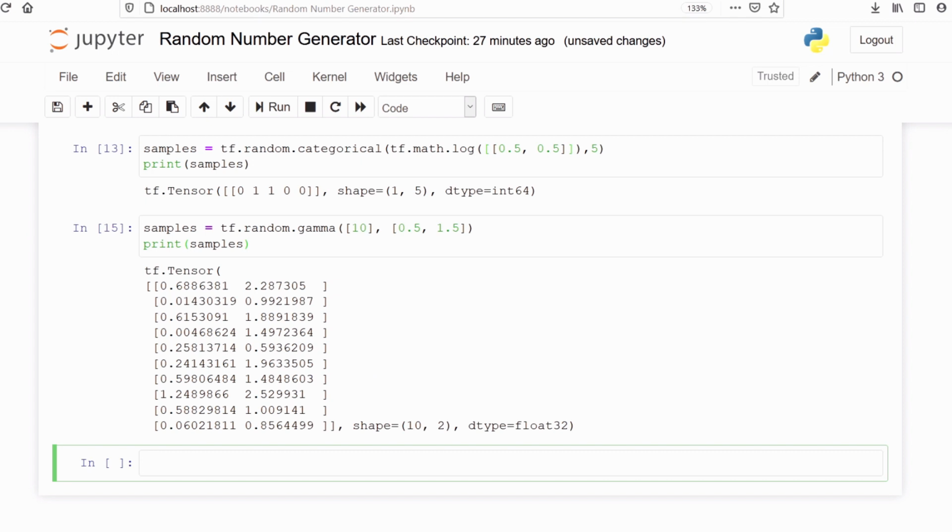We will draw some random samples from Poisson distribution. We have to use the method Poisson. We want 10 rows and 2 columns.